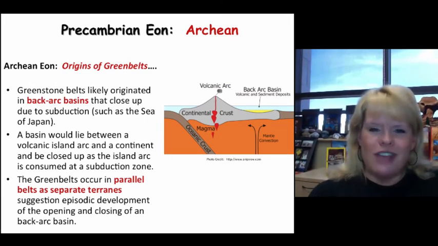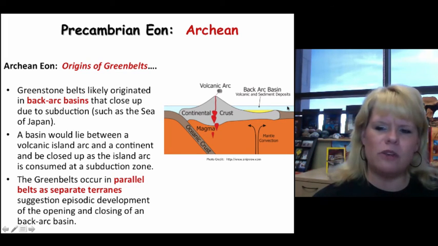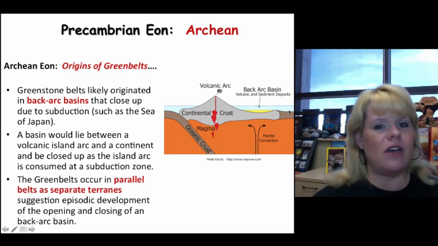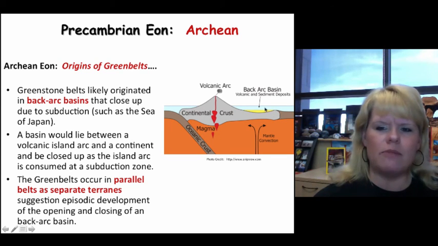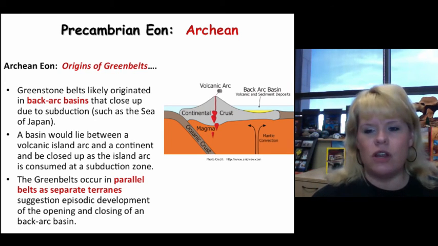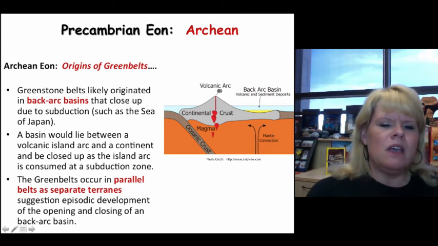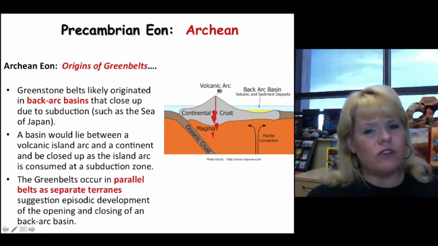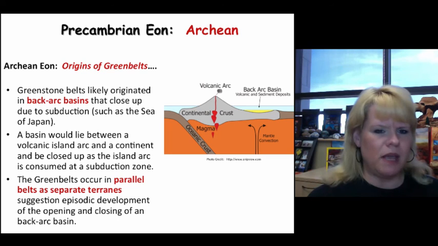The origins of greenstone belts have a fascinating story. They're thought to have come from an island arc, and as the island arc is pushed by some kind of mid-oceanic ridge towards a continent, the back arc, meaning the back side of that particular volcanic arc, gets squashed up, these sediments that have accumulated here, and these turn into almost stripes against the continent as this thing accretes onto it. So greenstone belts likely originated in the back arc basins of island arcs, and that would look much like the Sea of Japan today.